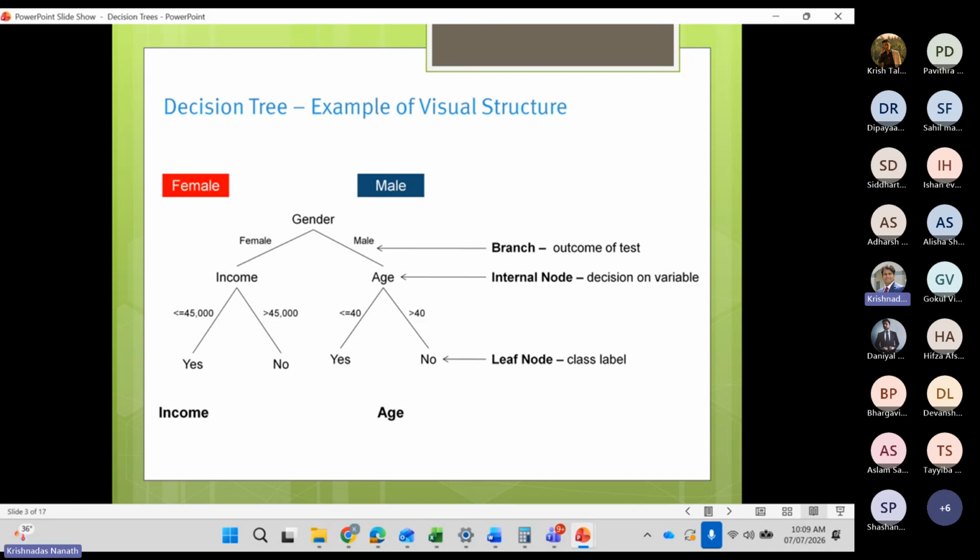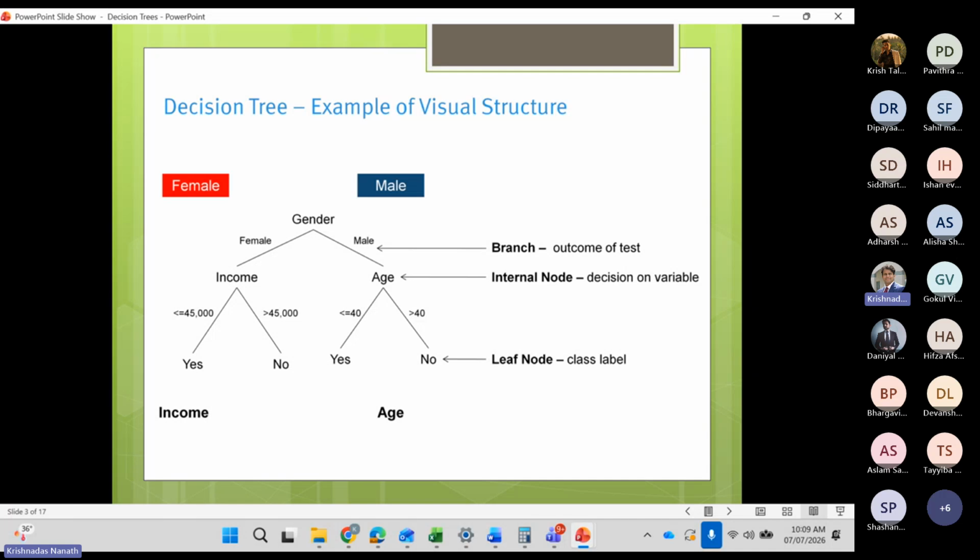So let me ask another question and everyone listen carefully. Let's assume the same thing, which is prediction of whether someone would vote for an election or not, with 3 variables, gender, income, and age. Let's say the same thing we did in logistic regression. How would logistic regression give you an answer? In probability.